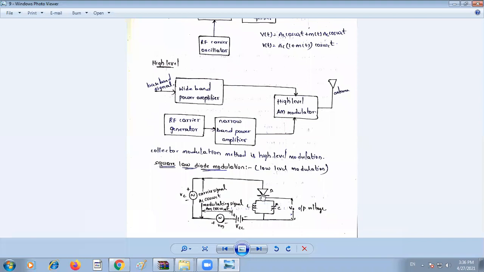In the previous class, you saw the circuit diagram. Here you can see the circuit diagram. The diode is used, and the input to the diode is the carrier signal, that is Ac cos omega ct. The VC is the carrier signal, and the modulator signal is VM. To set the operating point of the diode, you use the VCC supply. VCC supply is meant for the diode operating point.